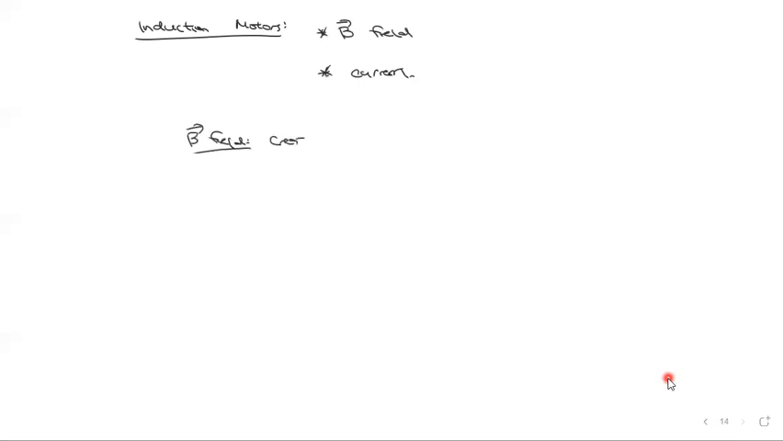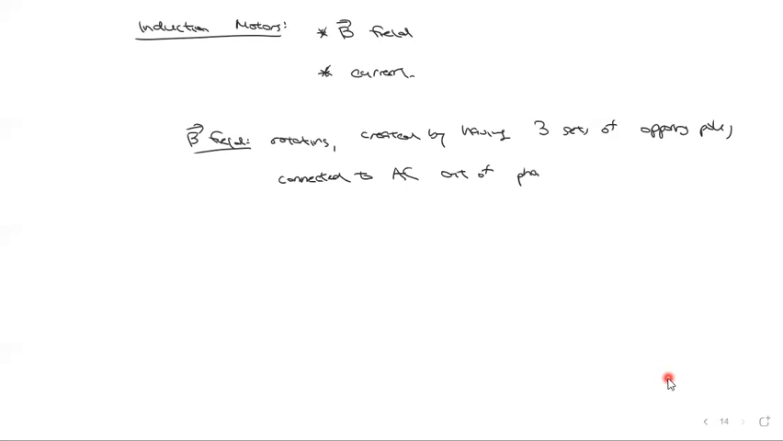is created. Firstly, it's rotating. And it is created by having 3 sets of opposing poles connected to AC, out of phase. The idea, of course, is that by turning them on and off at different points in time, it's going to be difficult to draw quickly, but you've got 3